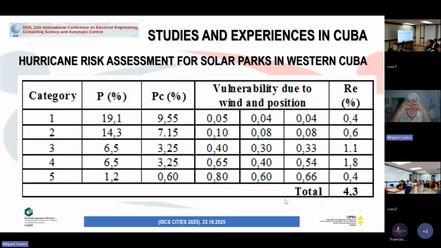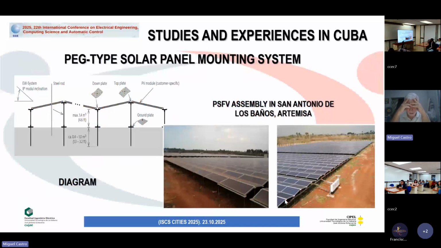Finally, from a practical point of view, an incident experience was reported in Cuba regarding a PV system under construction during Hurricane Ian, which hit the island with Category 3 storm winds. This hurricane passed less than 80 kilometers from the construction site at the time, based on a photovoltaic solar park. The construction site was using a high-density support structure system called PEG, low profile and certified by the wind code of